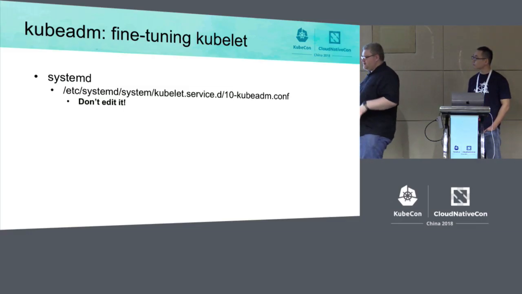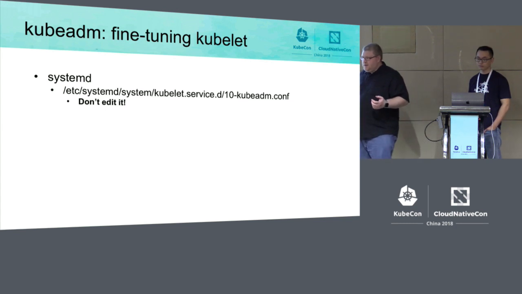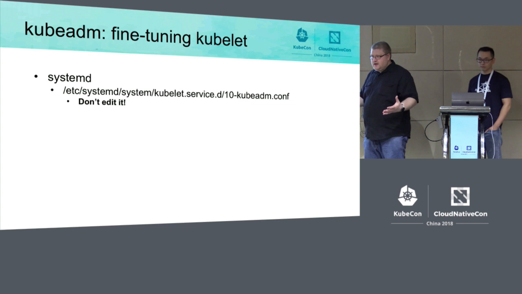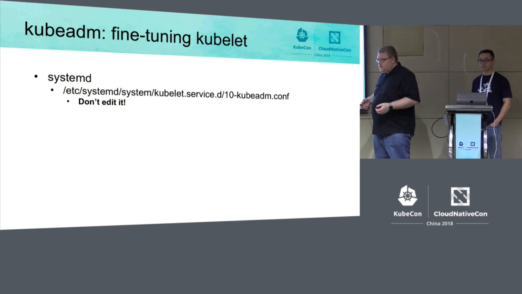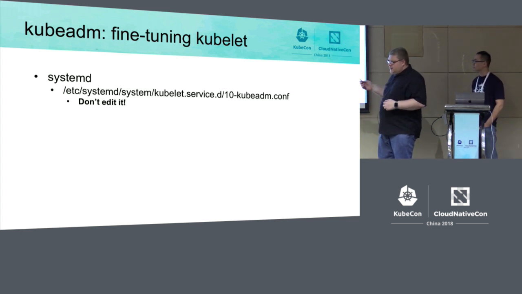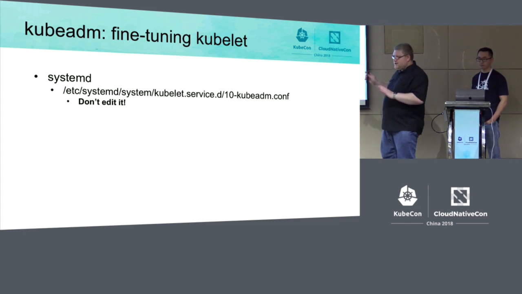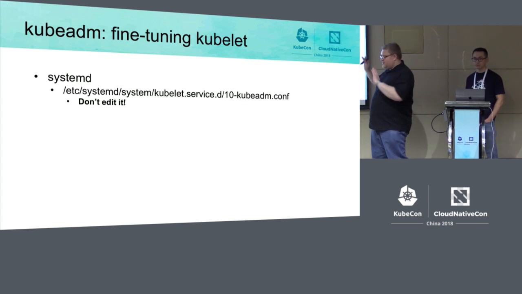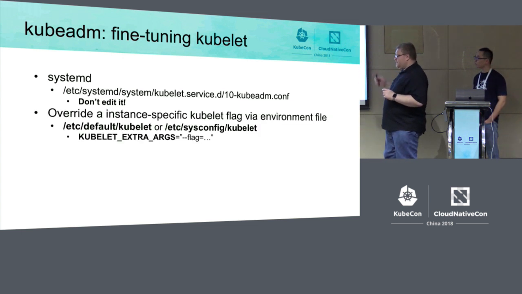The second part is actually fine-tuning. So you installed the binaries. What's next? In previous versions of kubeadm, we had a systemd drop-in config file which describes all the parameters of how we run kubelet, and this set of parameters was quite long. This experience has been improved in the past 6 months. So don't edit this file anymore. Don't put in your additional systemd drop-in files. Instead, we have